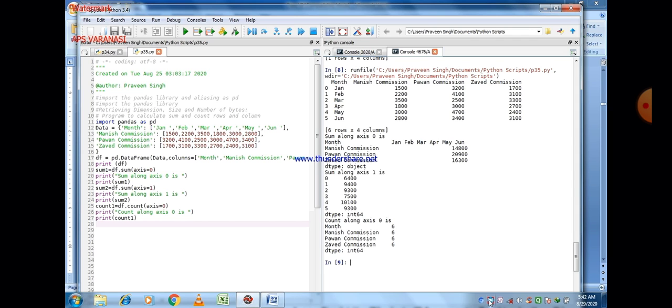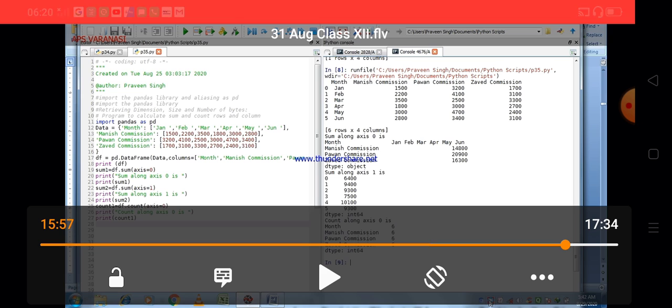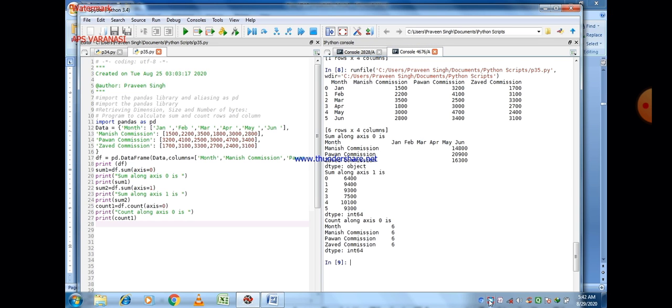By default, sum and count calculate along axis 0, and if you want to find the value along axis 1, we give a parameter axis with a value of 1, then we are able to find out the sum and the count.